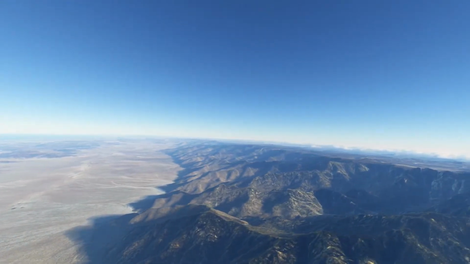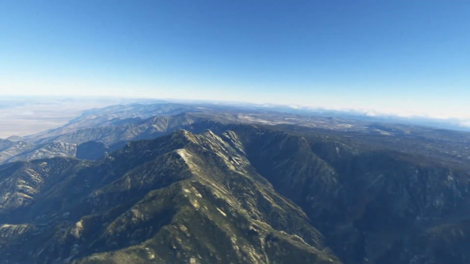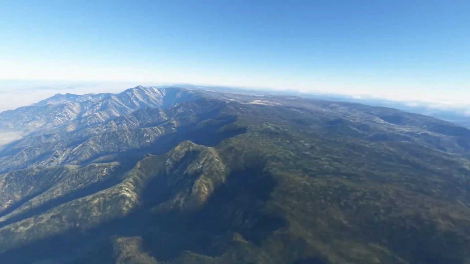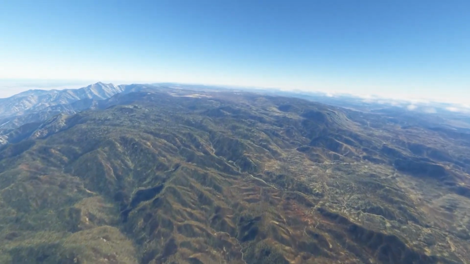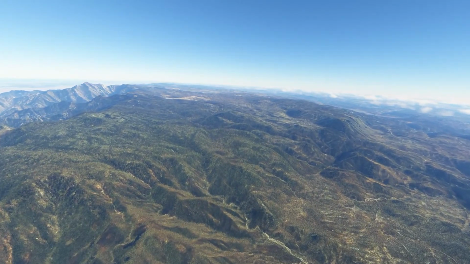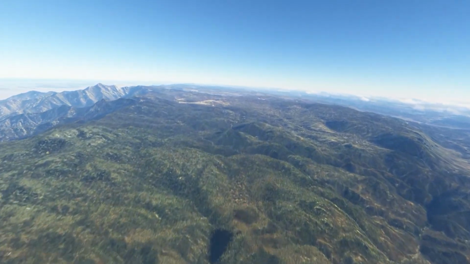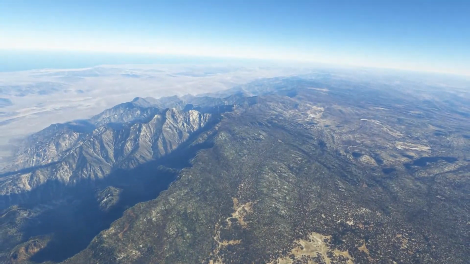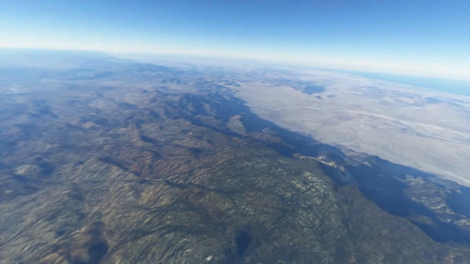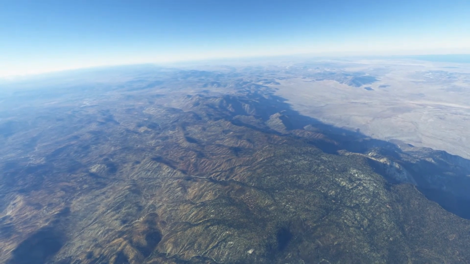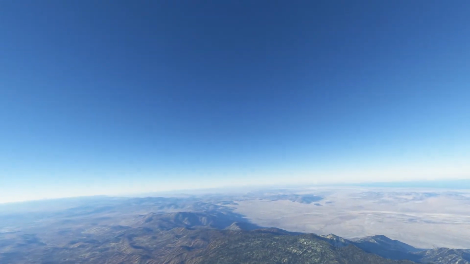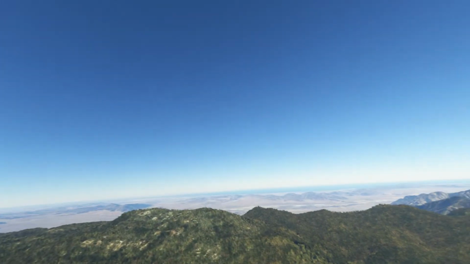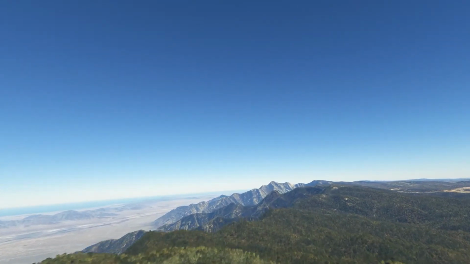Probably not one of the points of interest with Microsoft Flight Simulator, I don't think, but maybe in the future. I don't know if we can find where the observatory would be to pinpoint that, but it's somewhere along here, and that would certainly be a perfect place to put an observatory because of all the clear weather here.